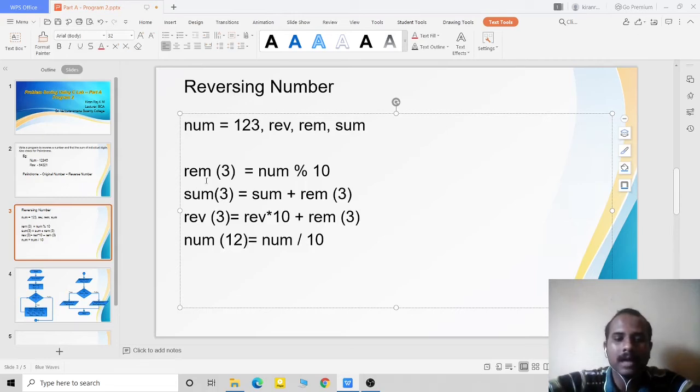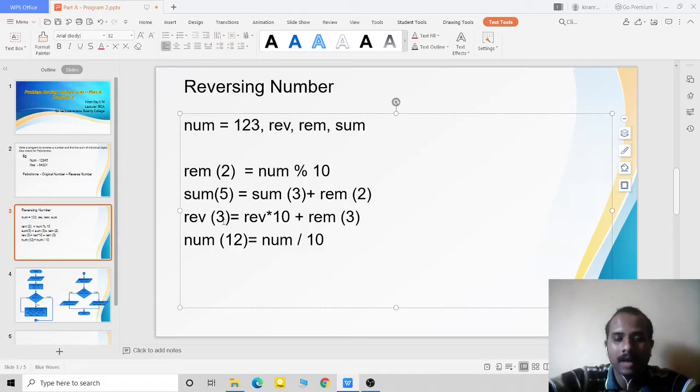Now I'll come back to this part. Now 12 modulus 10, that time my remainder will be 2. Afterwards, what is my remainder here? My remainder is 2. And what is the sum? Previously sum is 3, right? So the updated sum will be 5.